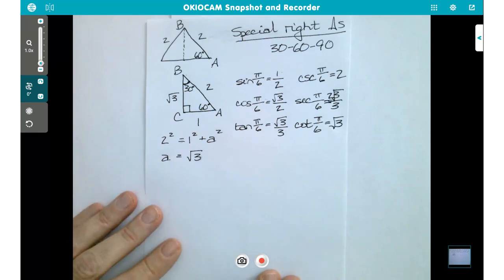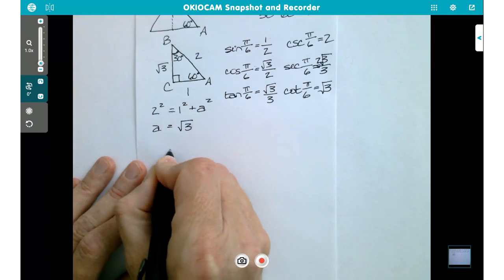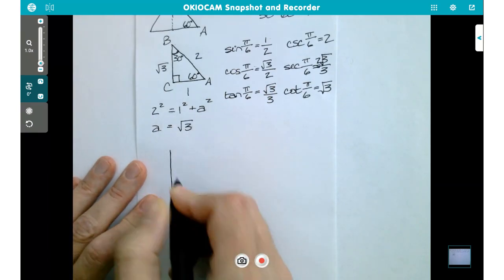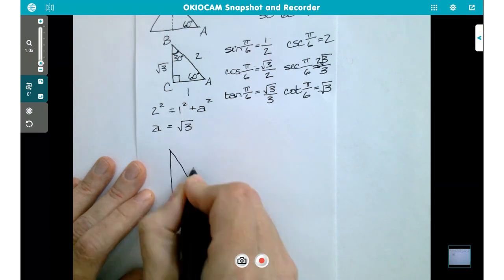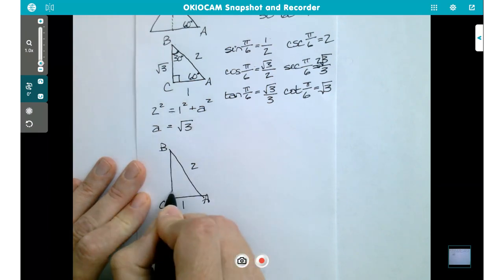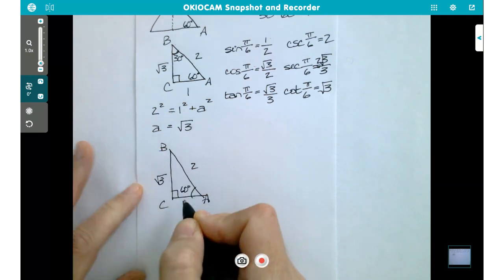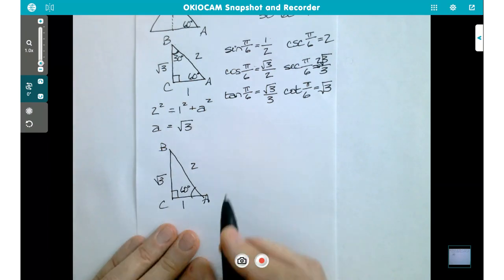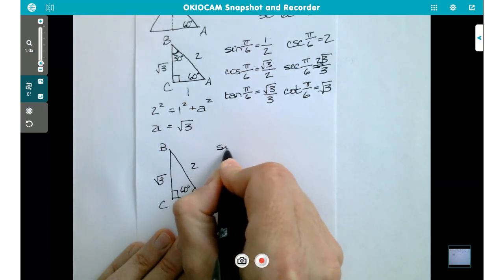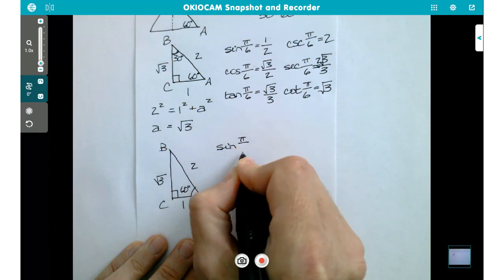This same triangle we can use for 60 degrees or pi over 3. That'll be A. I'm going to just draw it again. Hasn't changed. That side is still root 3. I'm just looking at the other angle now. 60 degrees, I'm going to call it pi over 3, but 60 degrees, same thing. So the sine, my opposite and adjacent sides have now changed roles. Opposite side for angle A is root 3. Adjacent side for A is 1. So sine of pi over 3, sine of 60 degrees